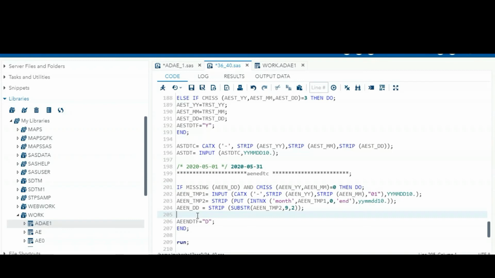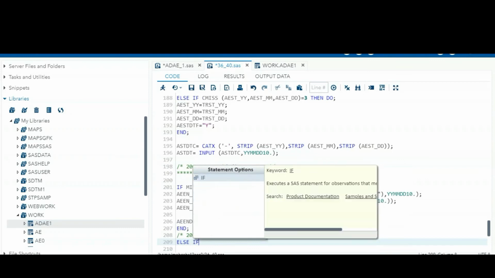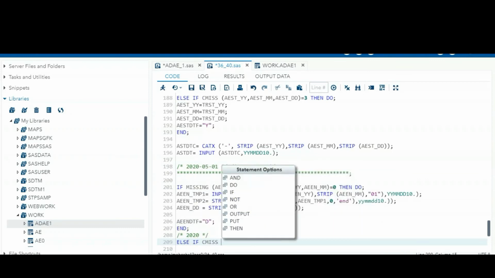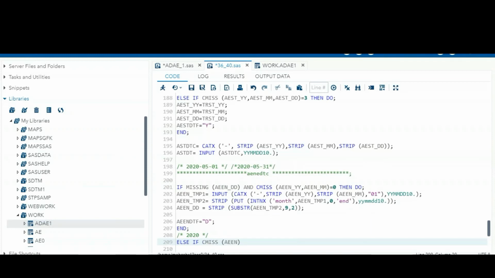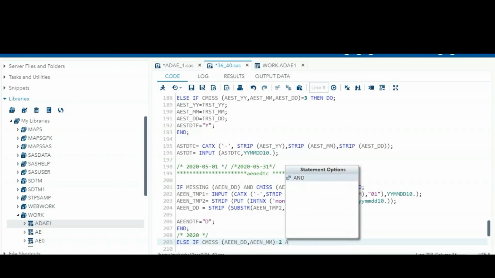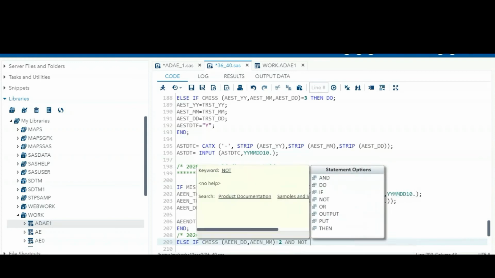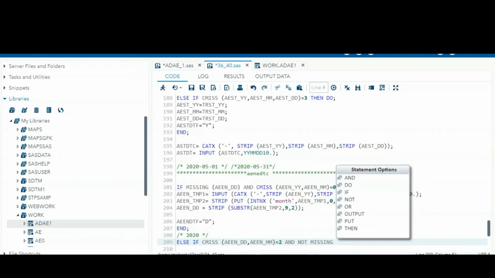The next thing is if the month and day both are missing, meaning only 2020 is present. In that case, the end date has only the year part present, month and day part are missing. So that time, cmiss DD comma AEEN month. Both are missing and only the year part is present.